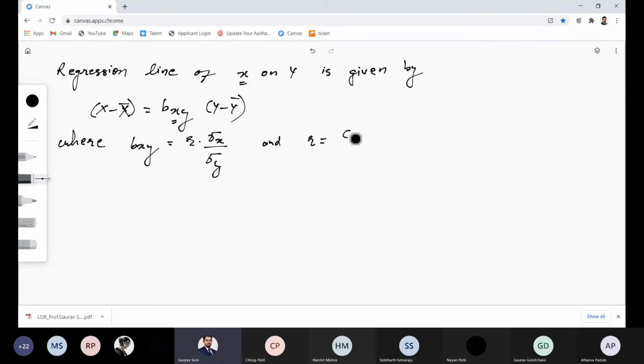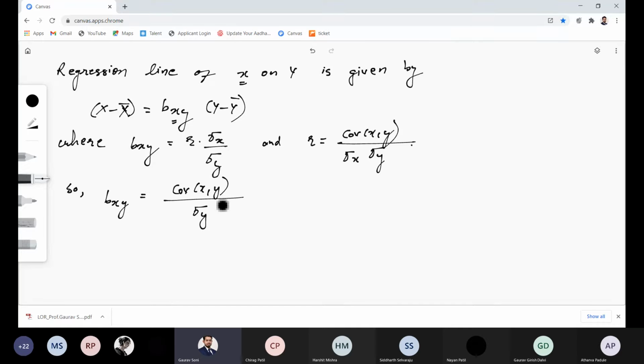R is equal to covariance of xy upon sigma x sigma y. So if you substitute that here, bxy will become, so sigma x will get cancelled out. So what do we have? Covariance of xy